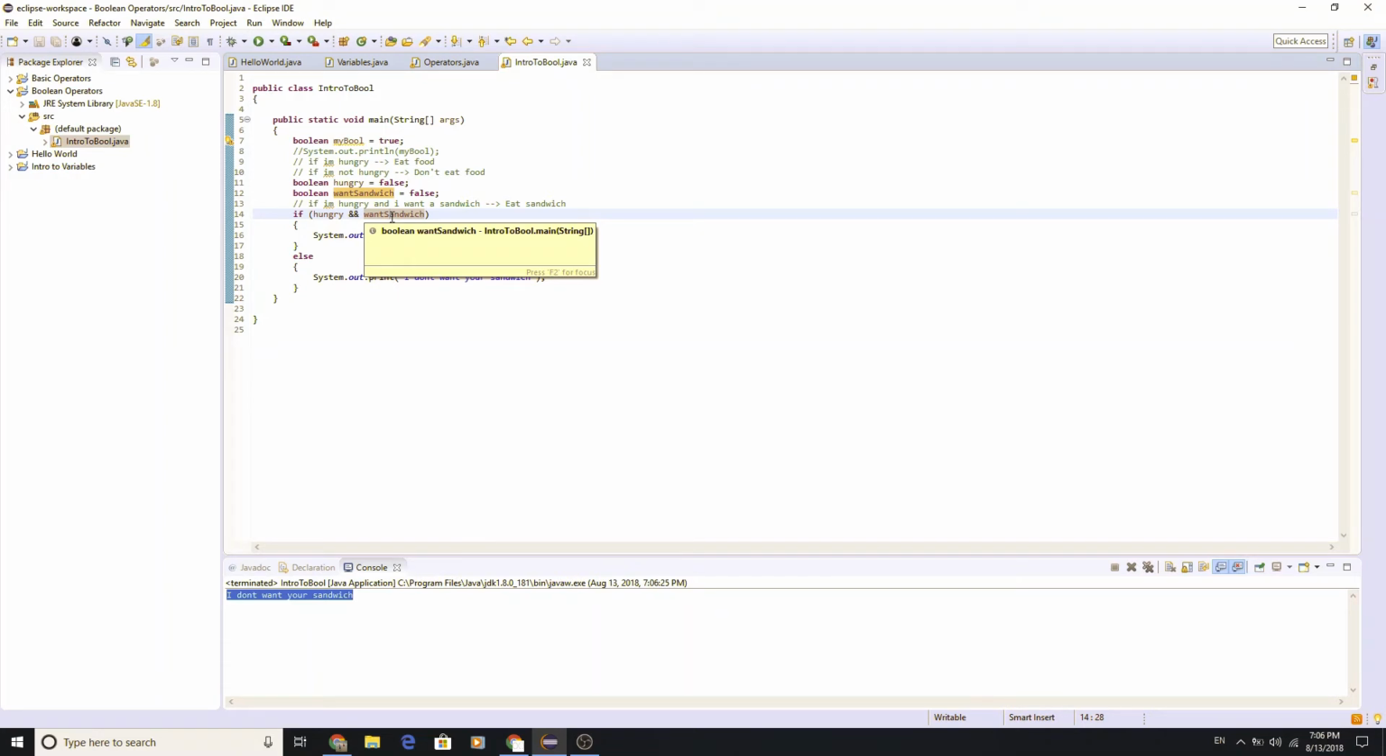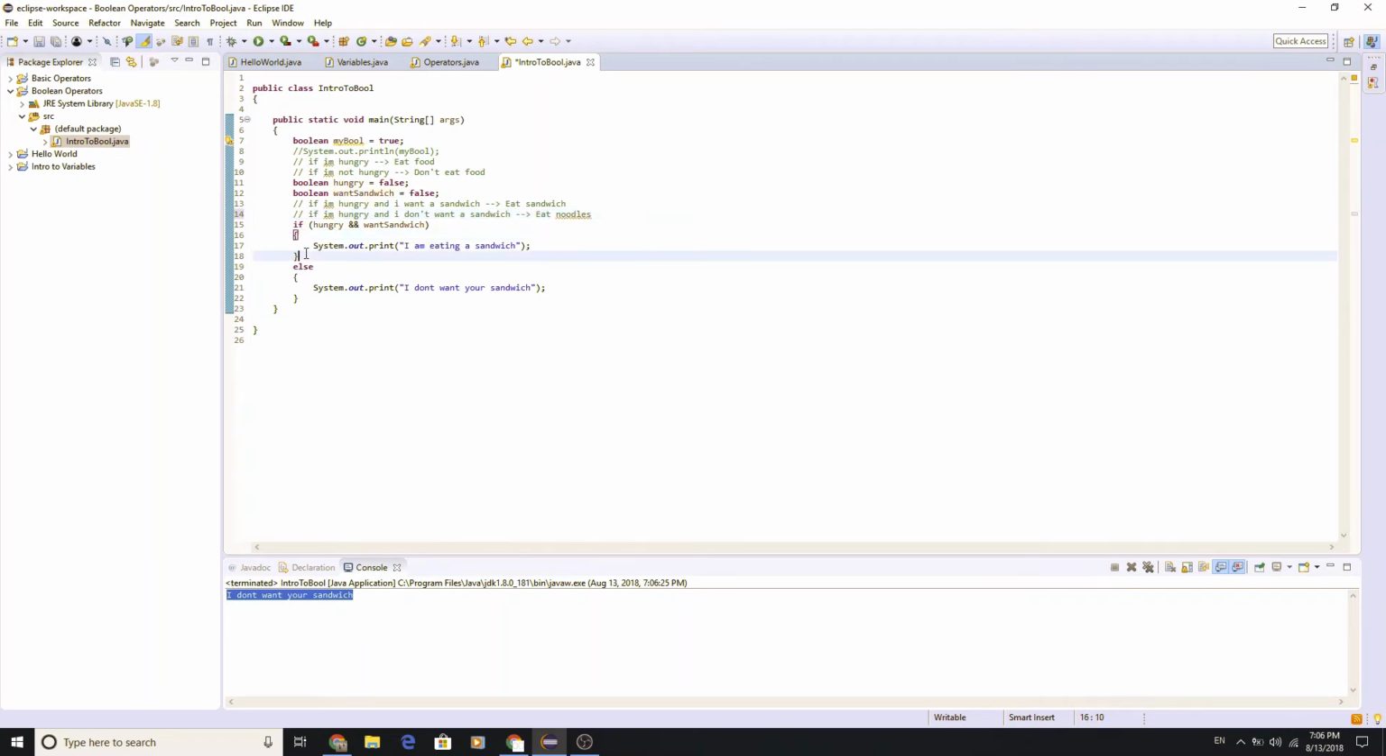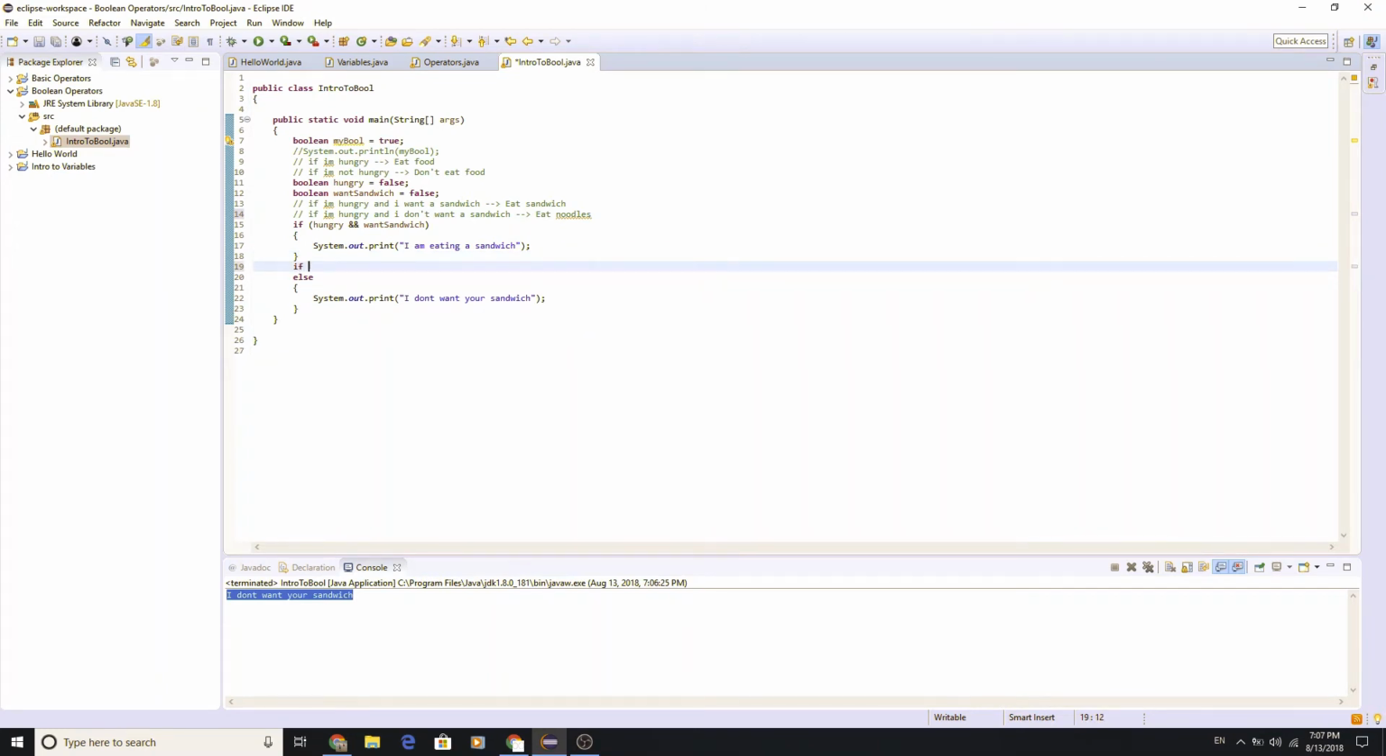Okay, so what if I'm hungry? If I'm hungry, I still want to eat though, right? If I'm hungry and I don't want a sandwich, then what if I want noodles, right? Then I want to eat noodles if I don't want to eat a sandwich, right? So obviously I could just write if hungry